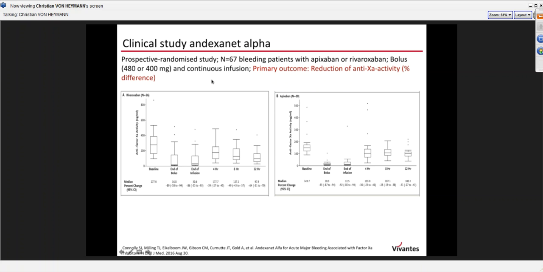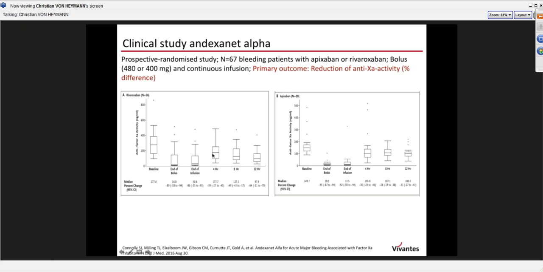And they were started with a bolus of 480 or 400 milligrams, and then a continuous infusion of 2 hours was commenced. And here you see the results. The results are given as anti-factor Xa activity. This is the baseline for both drugs, either rivaroxaban or apixaban. This is the anti-Xa activity at the end of the bolus and at the end of the infusion,